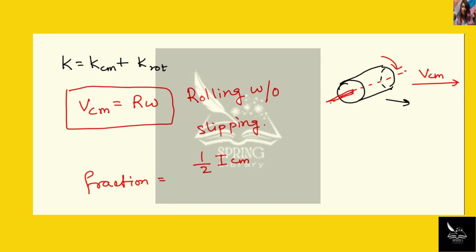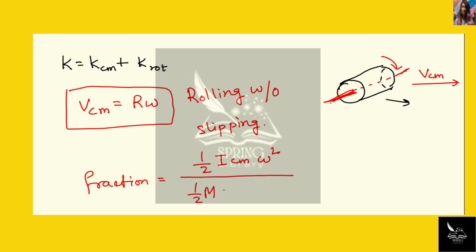Yeah, that's the axis. Sorry for my poor drawing. Then we have omega squared, and we divide that by the total kinetic energy, which is half of